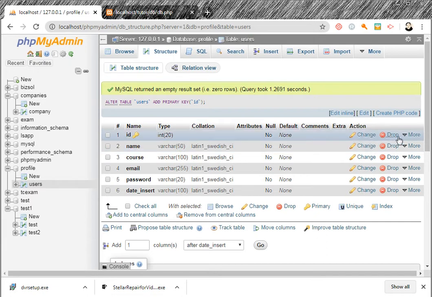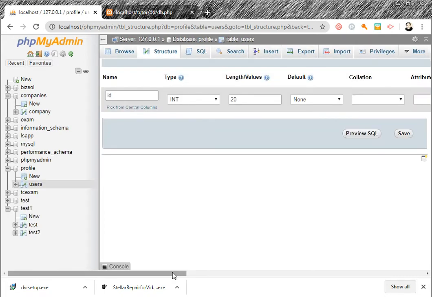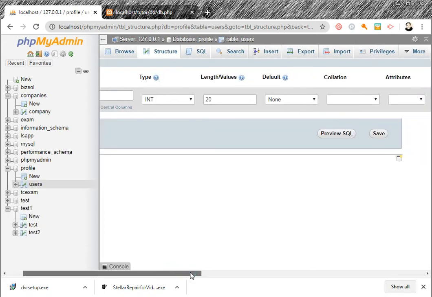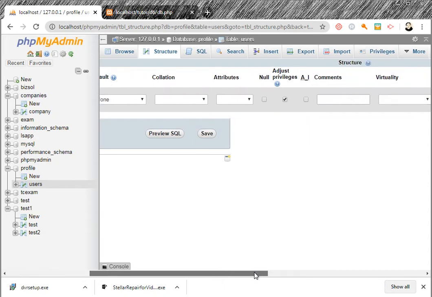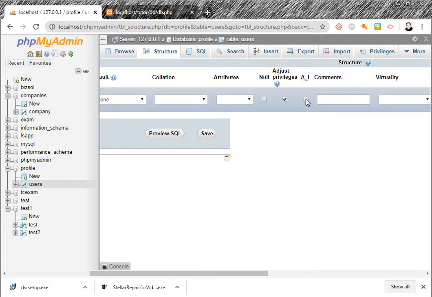Now we have changed this to auto increment. There is an attribute field, and auto increment means 1, 2, 3, automatically MySQL will increment it.